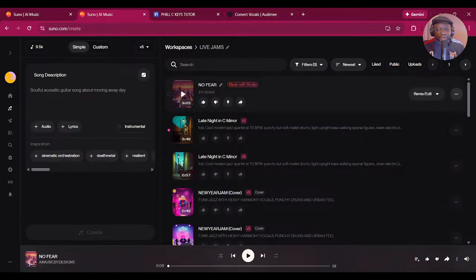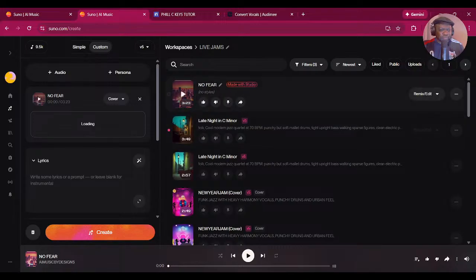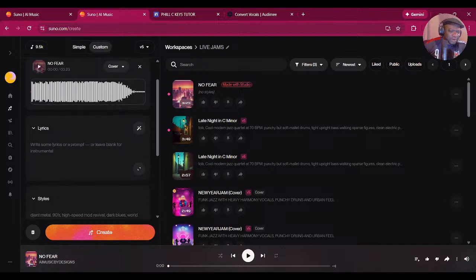But I'm going to hit these 3 dots and I could do a remix. See that? Remix, cover. So this is a song that we just did in SUNO Studio. But now I'm coming into SUNO version 5 and I am remixing it.